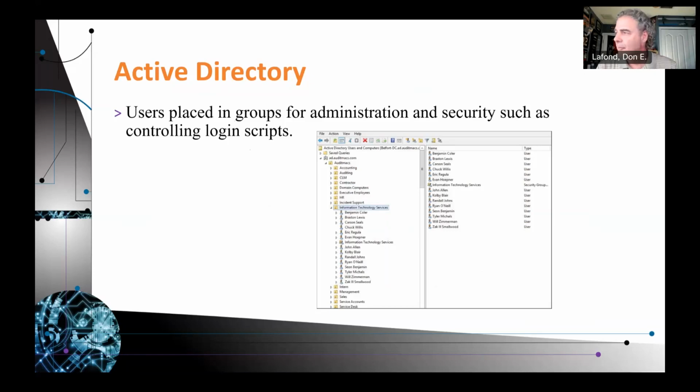logins. Now, I just want to point out that Active Directory is a powerful tool that you want to be trained on before you go and try to get a job as a technician, just because it's going to be in your interview. If you have a Windows server, they will hire the person that is Active Directory trained or certified or experienced before they hire somebody that is not, only because it is so important. And it is a critical skill that you will want to know as a technician. You don't need to know deep details as for the A+ certification, but you absolutely need to know what Active Directory is and have an idea what to use it for.